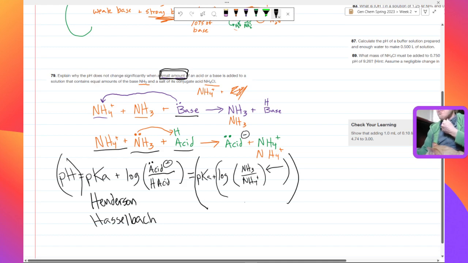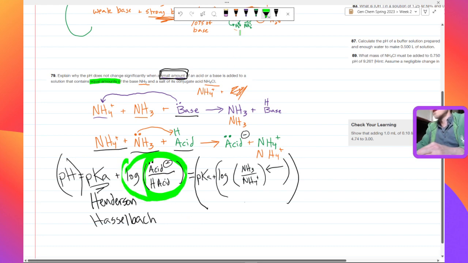But if we're talking about a small change, and especially if we were already near our pKa, meaning that this ratio was close to 1, which it is because we start out with equal amounts, then when we change those equal amounts by a small amount, the log term will be very small itself. Small change,